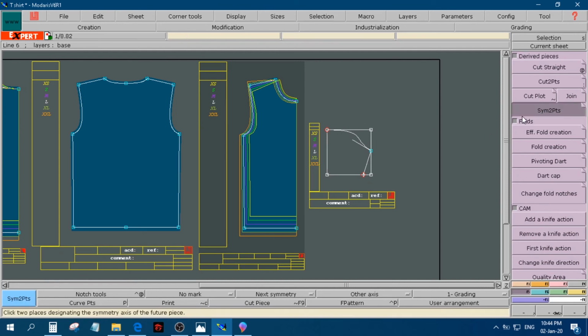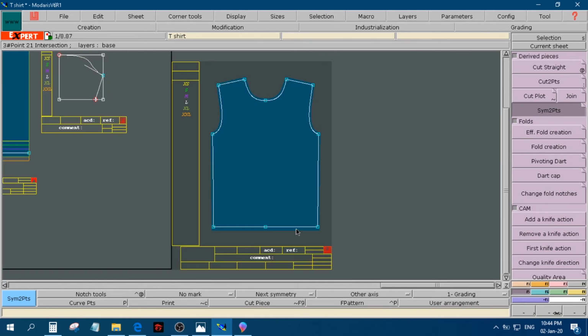Again, symmetrical 2 points, and click on the top point, the bottom point. Here we have our unfolded front part. Press J to rearrange,